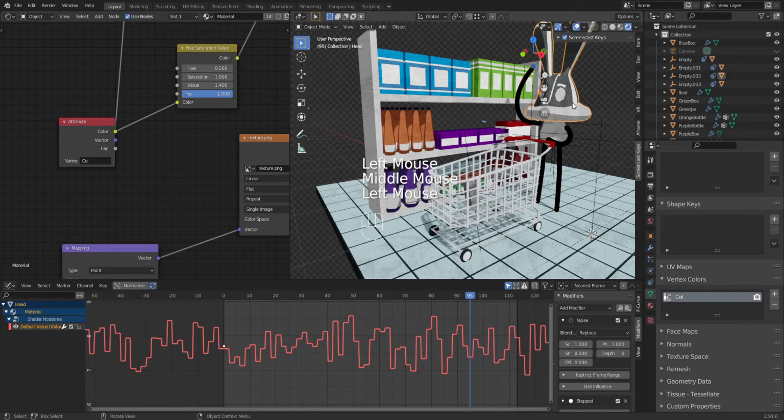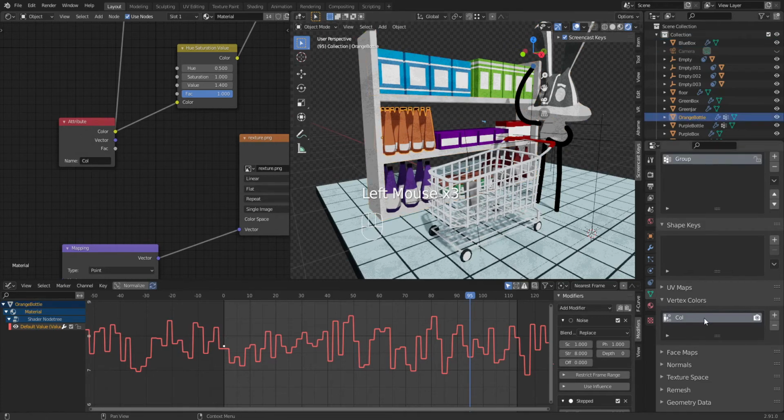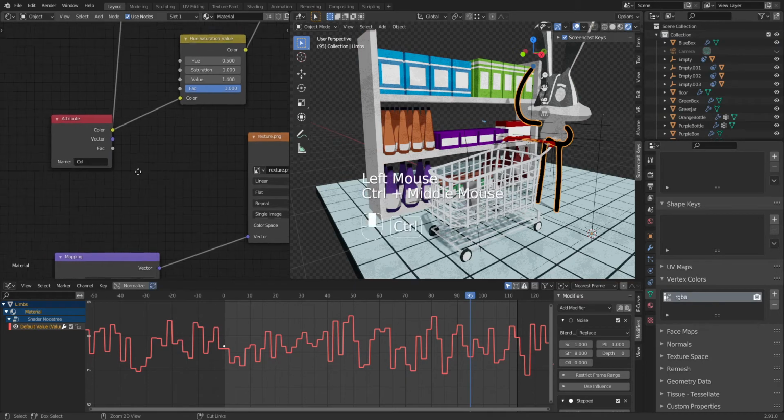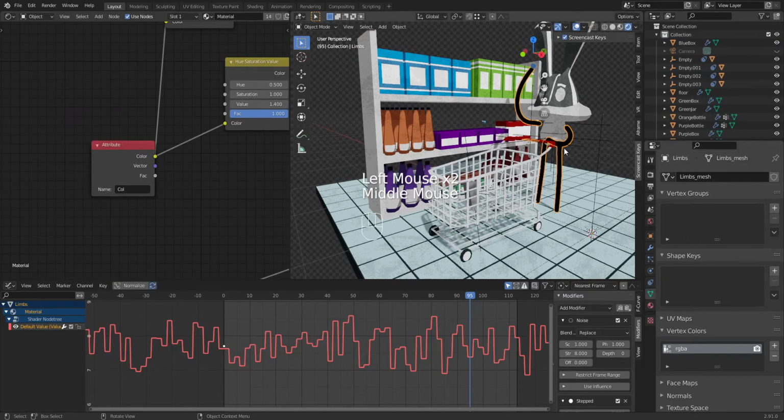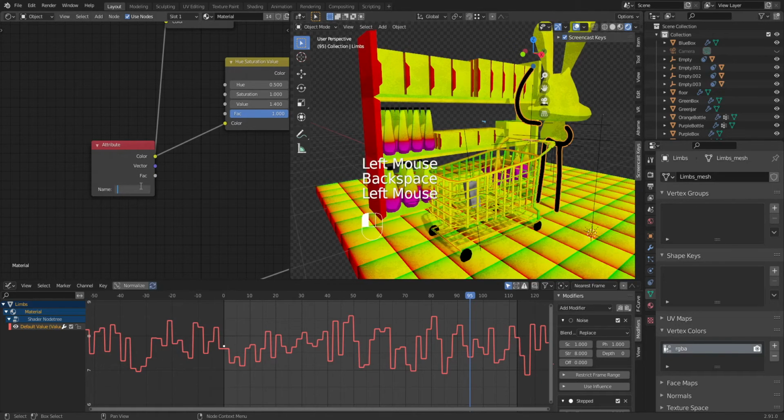For example, if I select one of the objects that we created in Blender, they have a vertex color that is called COL, whereas this one is called RGBA. So in order for your stuff that you import from Quill to work properly, you just need to change this one into,